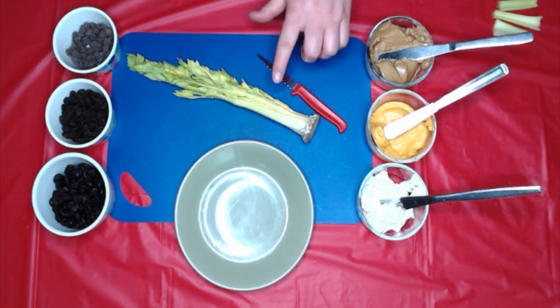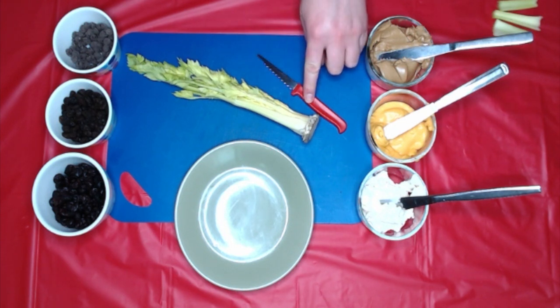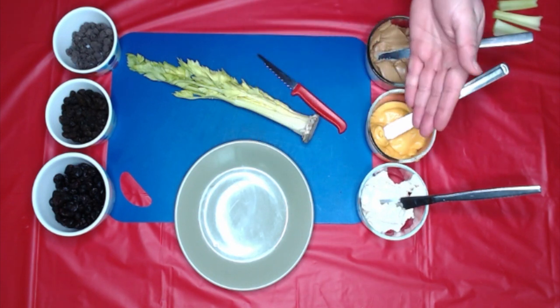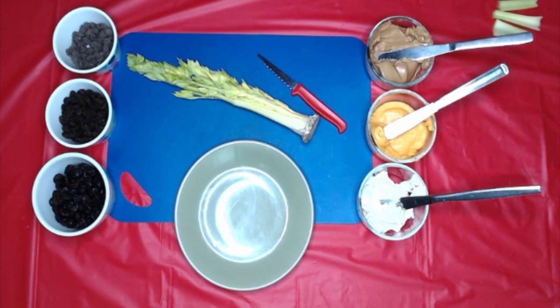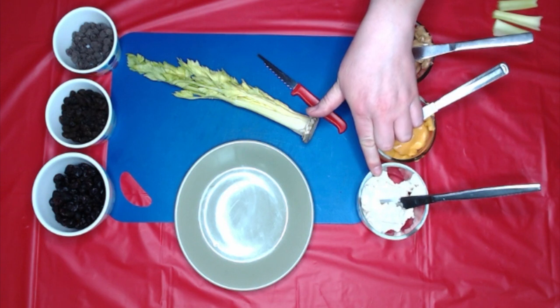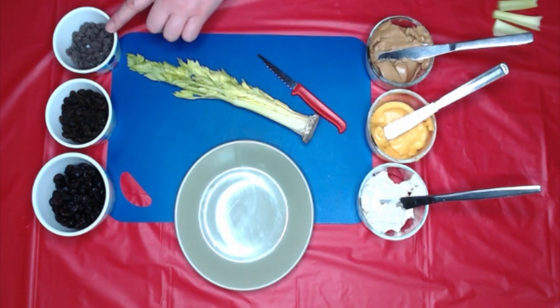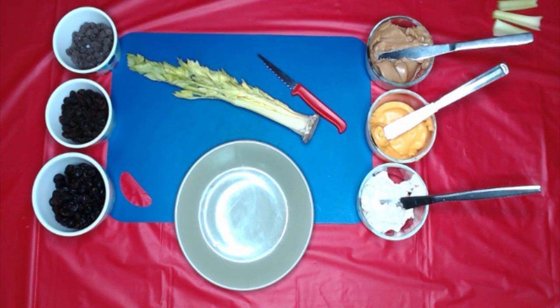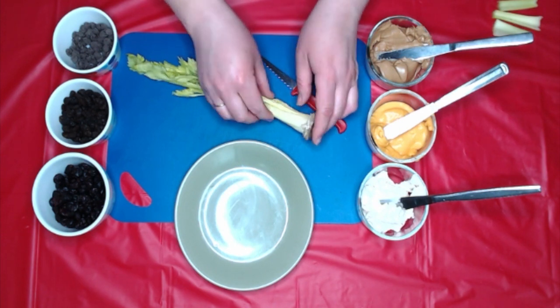So today I'm going to share with you one of my family's favorite snacks called bugs on a branch. For this recipe, you are going to need some celery, a child-safe knife or a knife an adult is going to use, a cutting board, a plate, and different types of spreads and toppings. For mine today, I've chosen peanut butter, cheese whiz, and cream cheese as my spreads, chocolate chips, raisins, and dried cranberries as my toppings. You don't have to have all of these, but it'll give you an idea of what you can use. So the first thing you're going to do is take a stalk of celery